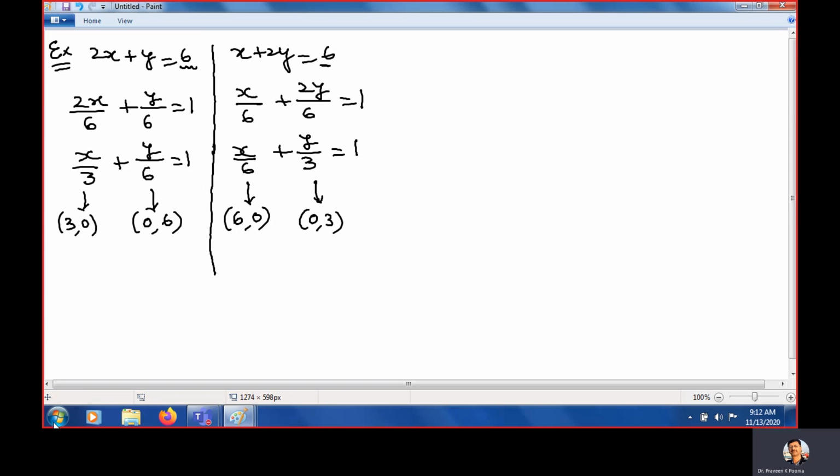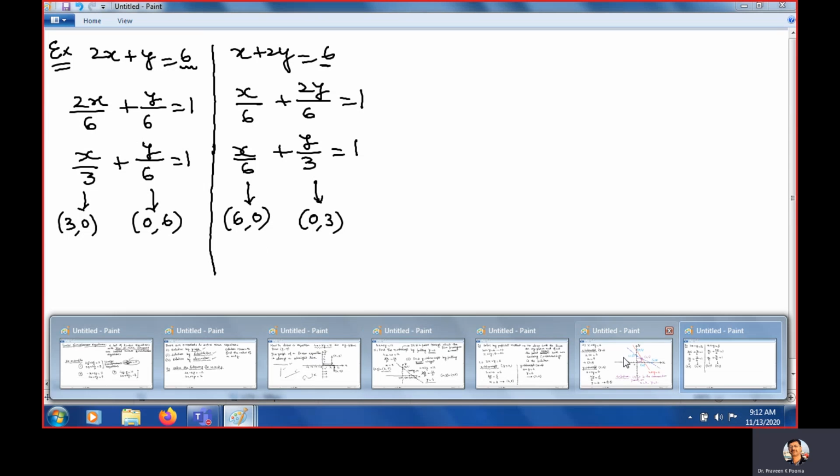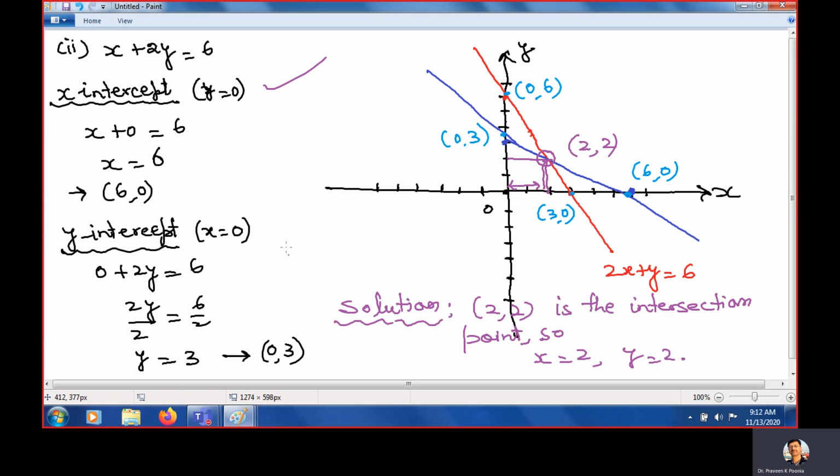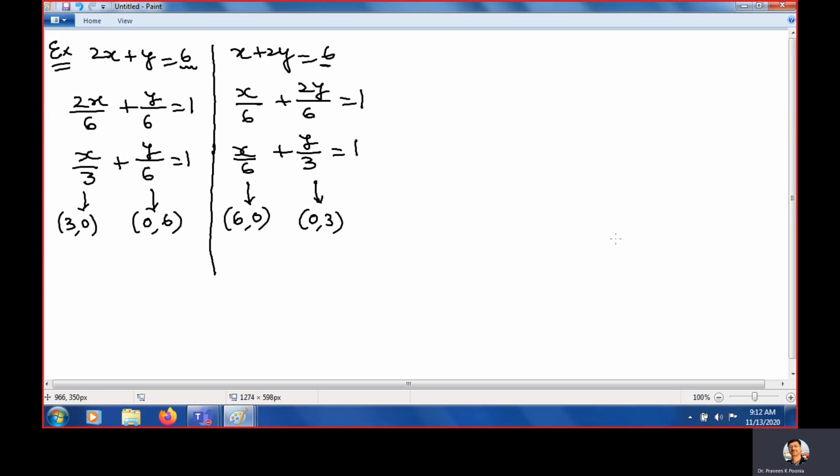So whatever you are evaluating, the intersection point, means this x intercept and y intercept, it is a very long process. Clear? But you can find them by dividing the right hand side, the x intercept and y intercept, very easily. It is like the previous one, no need to draw it again. So you can find the solution in this way also. This is also a technique. Clear? Because the standard form,